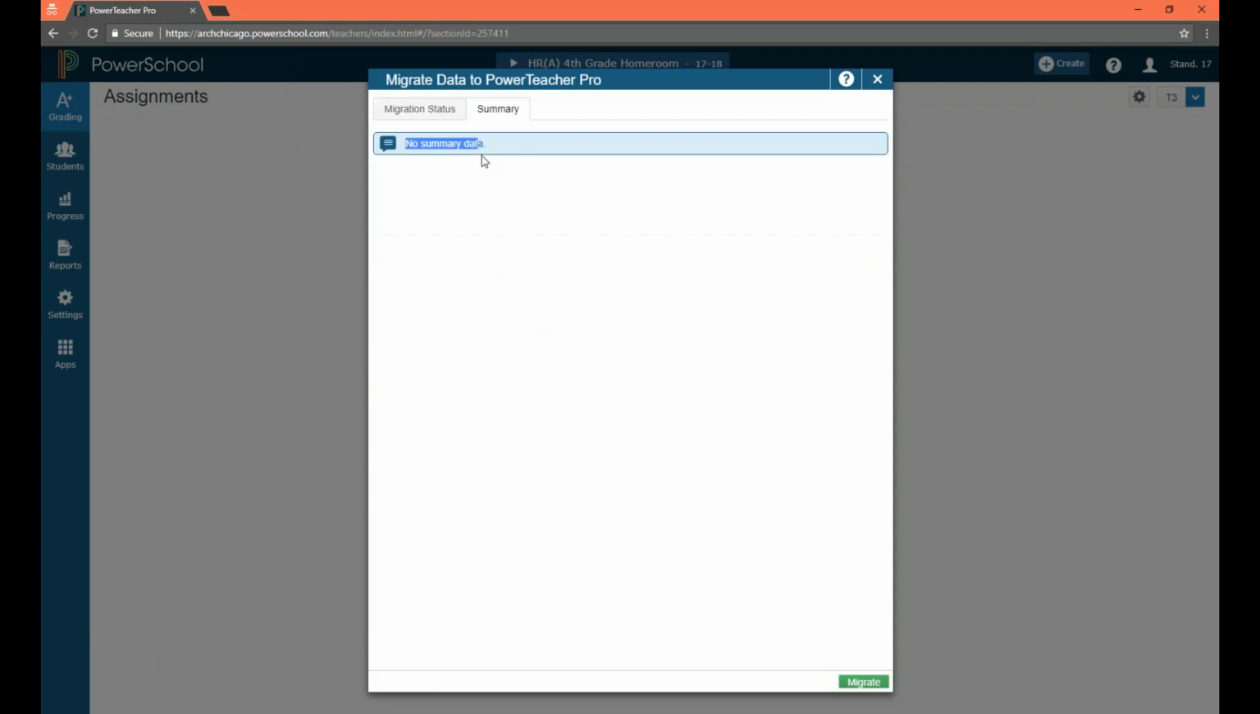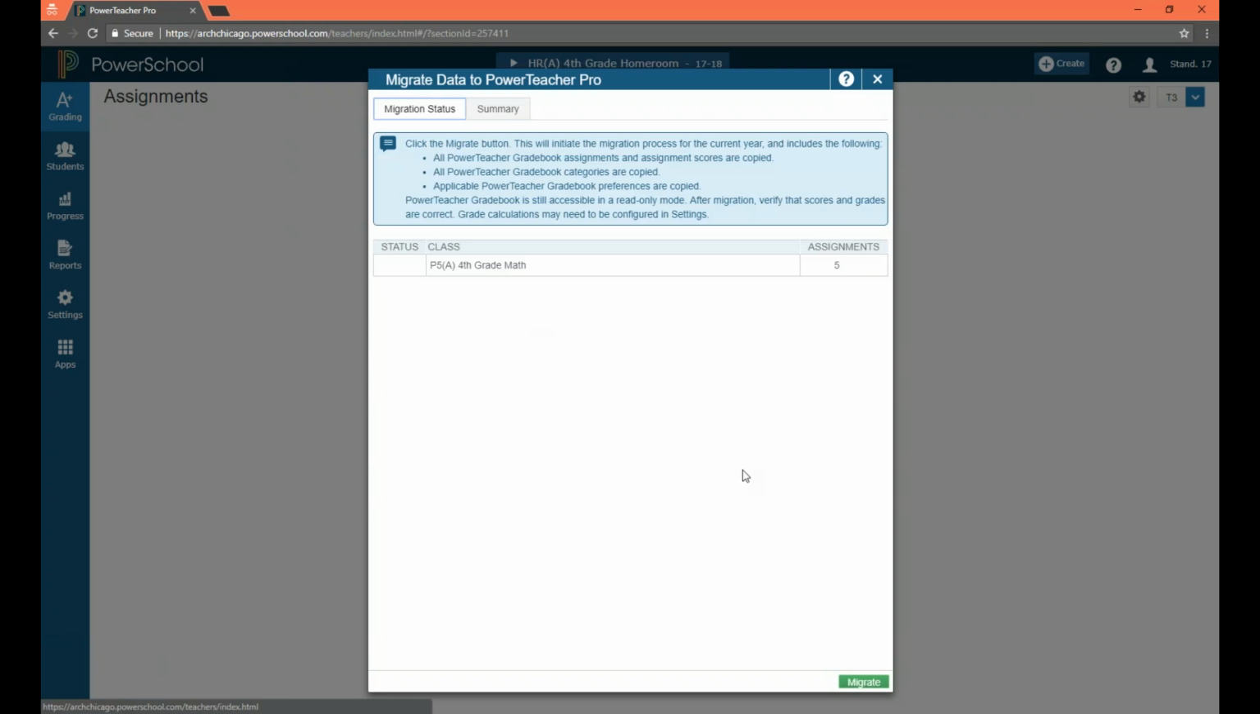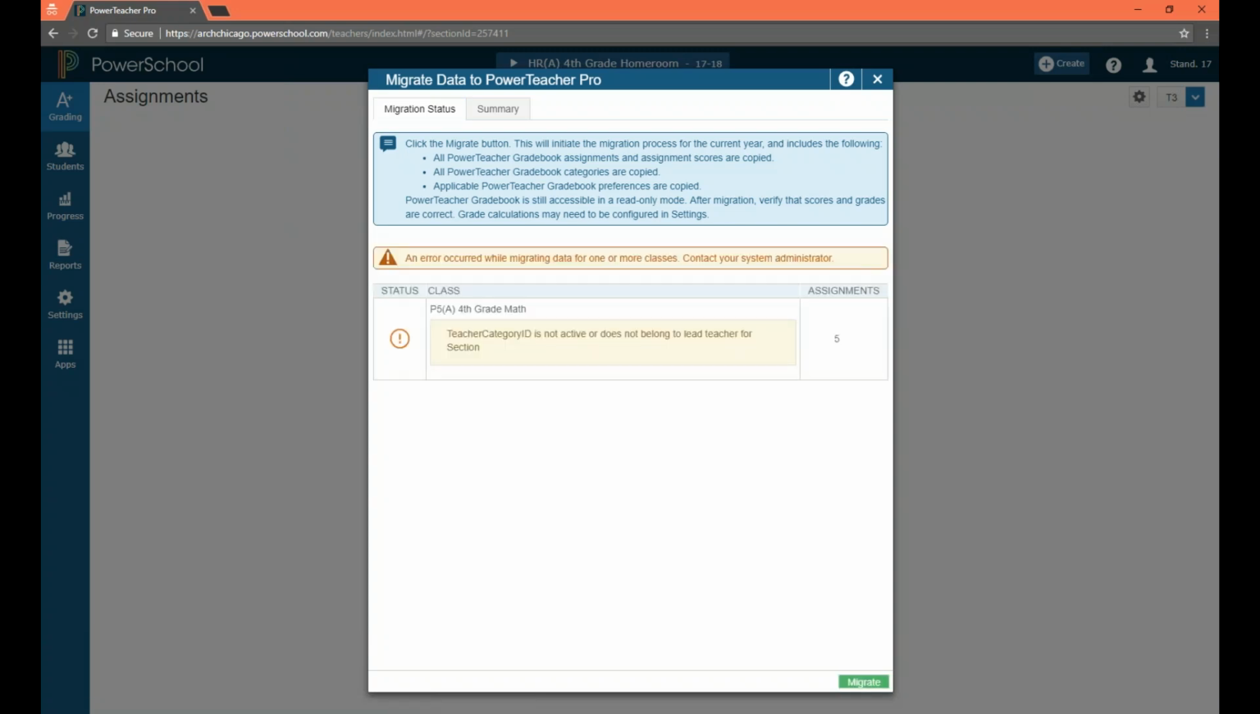It doesn't seem like there's any summary data there, but we definitely need to hit migrate in order for that data to come over to PowerTeacher Pro. So let's go ahead and hit migrate. Takes not that many minutes. We actually got an error here. Okay, I'm glad this error came up because this is actually an error that might happen when you have a